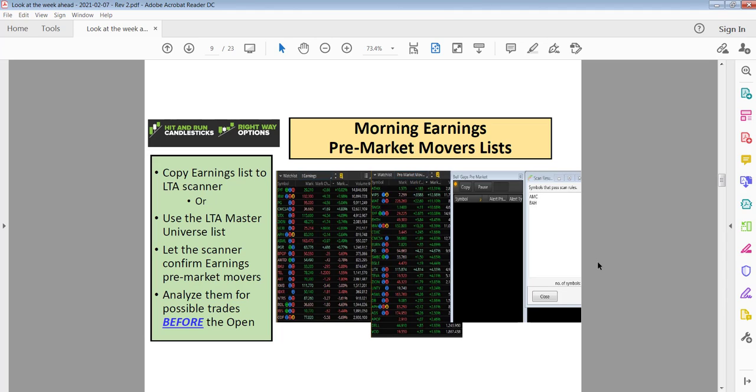How I monitor the earnings and the pre-market movers. I copied the list over to the LTA scanner, or I could use an LTA master universe that I put out there of either high options or high short interest or whatever. But let the scanner confirm earnings and pre-market moves. Let it do the dirty work for you, and then you just look at the ones that it highlights and analyze them for possible trades